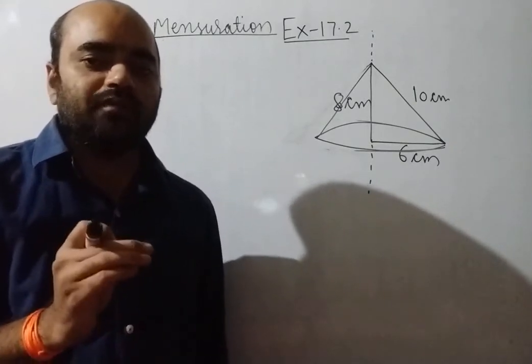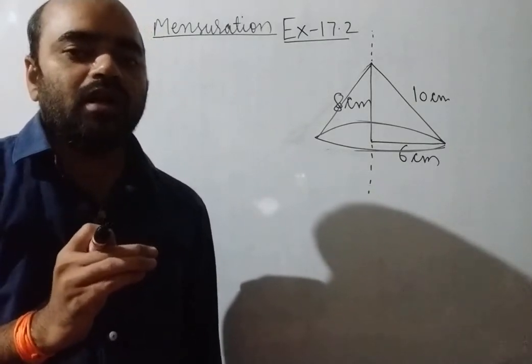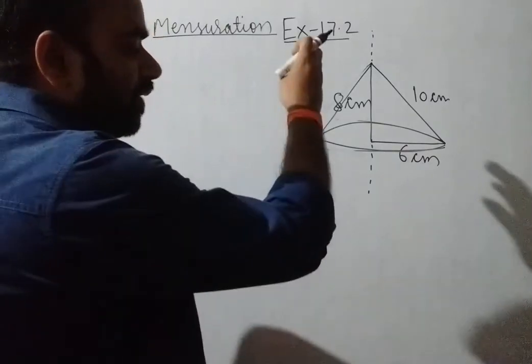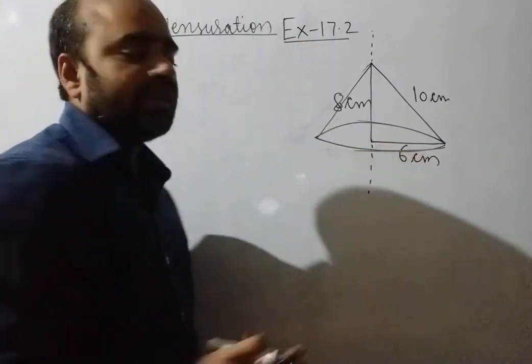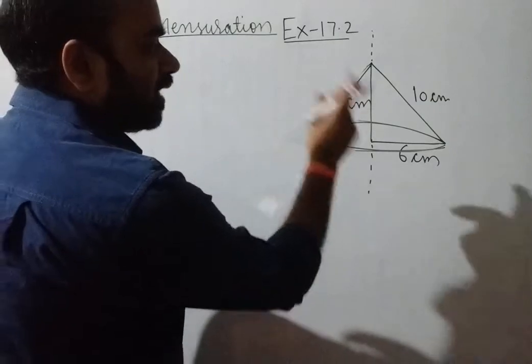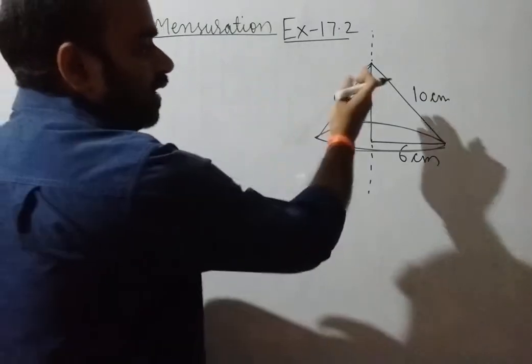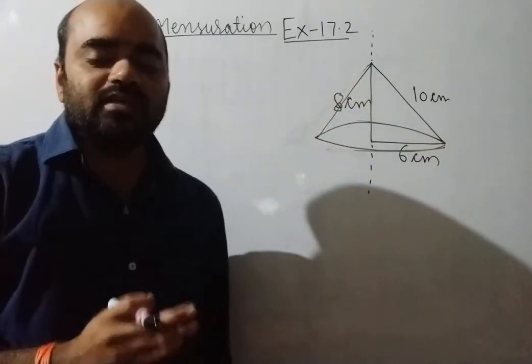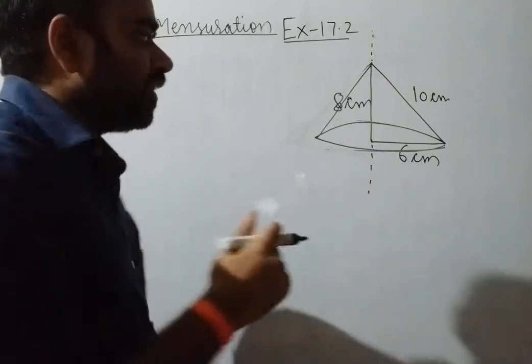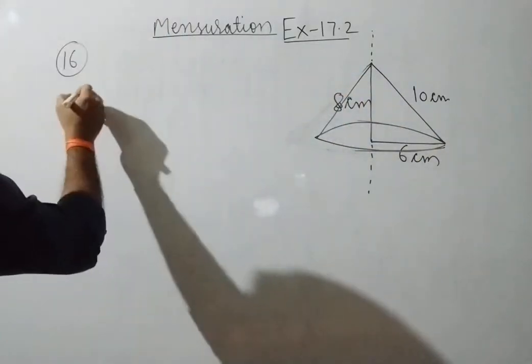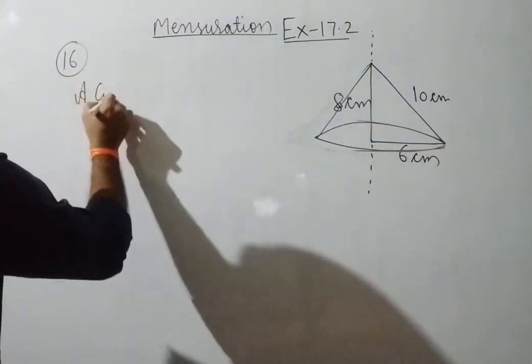Here it is revolved along the side 8 centimeter. It means here a cone is generated